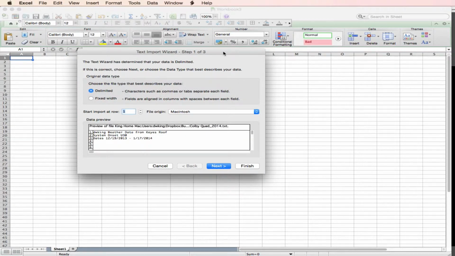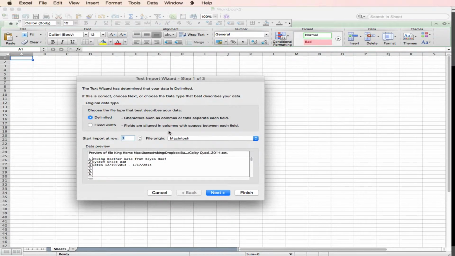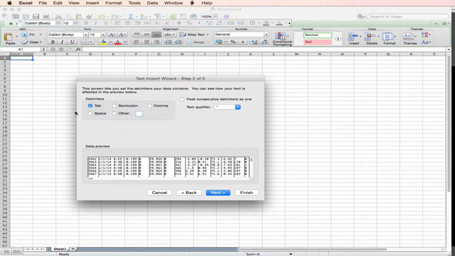What's going to be different in this case is Excel doesn't know how to open a text file, so we're going to tell it that it's delimited. And in our case, if we scroll down, we can see the data, but there's no separator between each of the columns of data. So we're going to indicate delimited, go to Next,